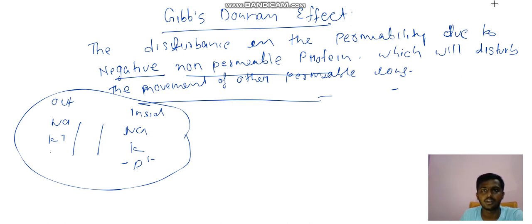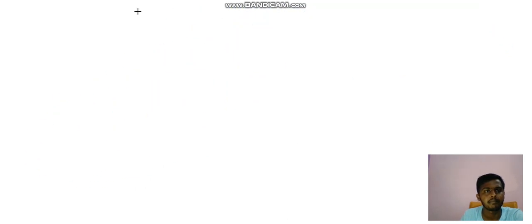There are some consequences of the Gibbs-Donnan effect. First is